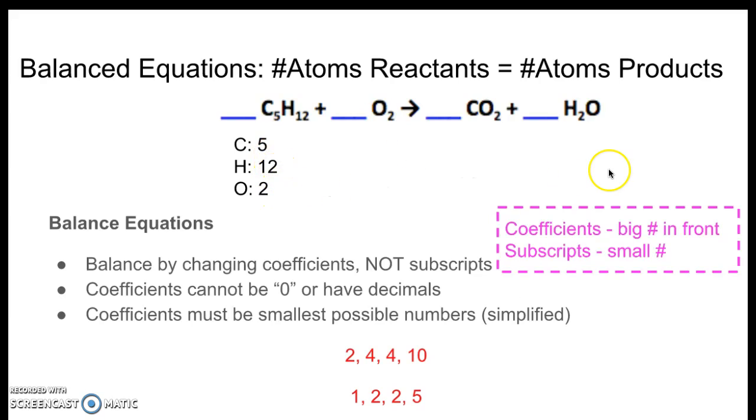So we're just counting up the number of atoms. We do the same thing for the product side. So 1 carbon, that's just from here, and the hydrogen, there's just 2 from the H2O. And then finally for the oxygen, we have 2 from CO2 and 1 from H2O. So 2 plus 1, we add those numbers together to give us a total of 3 oxygen atoms. So as you can see, this is not balanced because the number of hydrogens, carbons, and oxygens are not the same on both sides. So all of them have to be